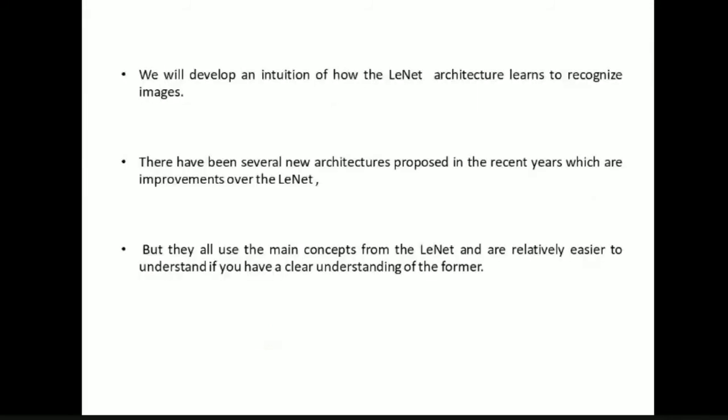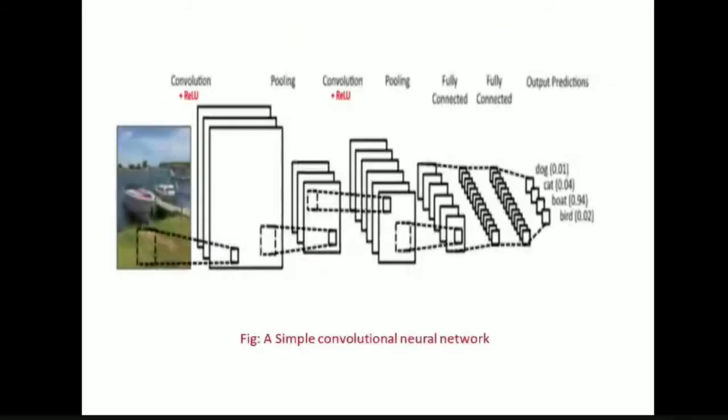A dog, cat and bird are not present in the input image. We have only a boat, and it is successful in identifying that there is a boat with 0.94 probability, but it also detected that there is a dog, cat and bird. Based on the features and the spatial relationships, it said dog, cat, bird are also there, but originally they are not present. So here the convolutional network is going to give us not just the identification of an object, but also with what probability it is sure about that particular object.